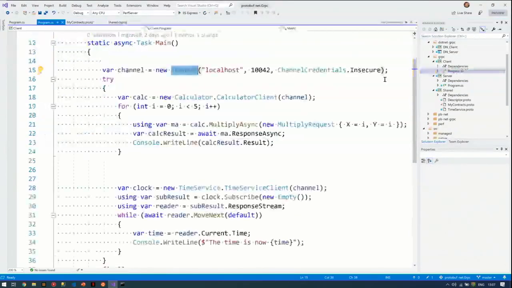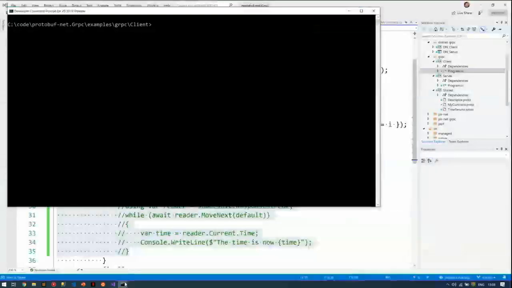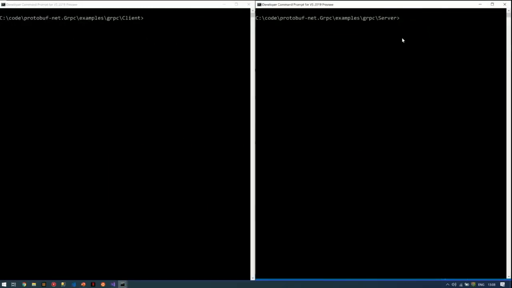And then in the client, just spin up a channel that works like an HTTP client or anything like that. Ask for the client on that channel, and I can then give it a request object and a response object. And then hopefully, if I just comment out the code here, what I can then do is run the server,